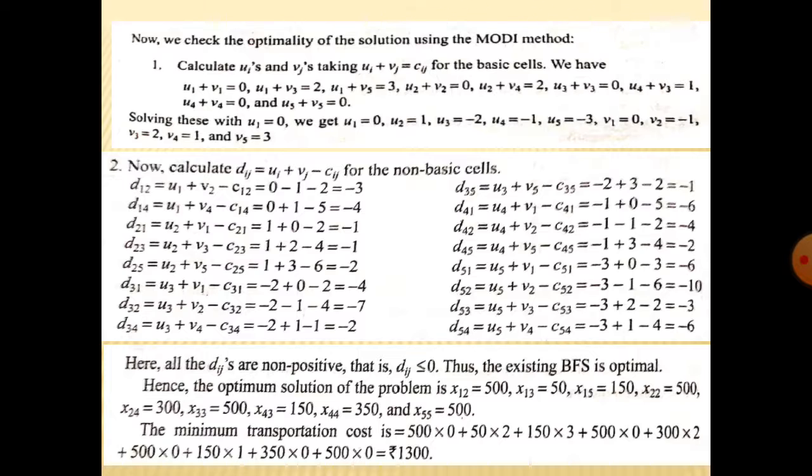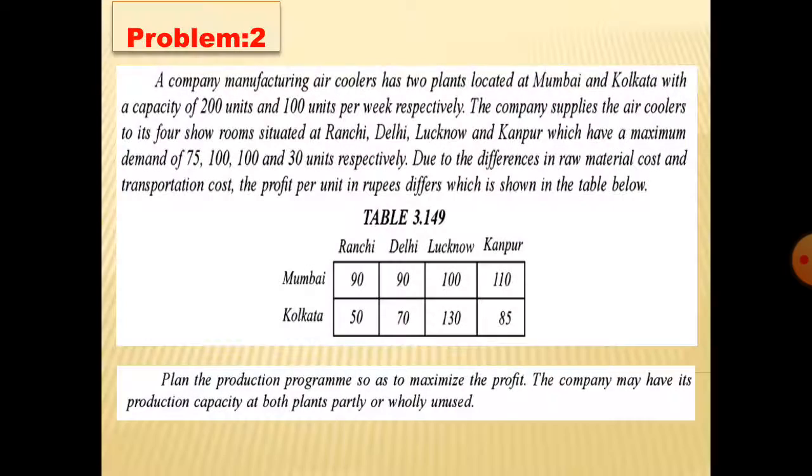Okay, and then substitute all these values, and then we have to find the non-basic cells. Non-basic cells we have to use, and then basic feasible solution we have to calculate, and then the minimum transportation cost is 1300. We are going to get it. Understand? I think I have solved this Modi method in previous classes. For your clarity, for your revision classes, I have given clearly how to solve the problem.